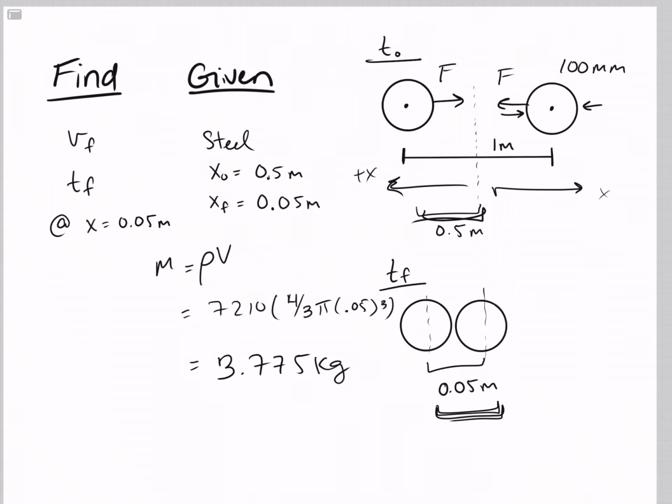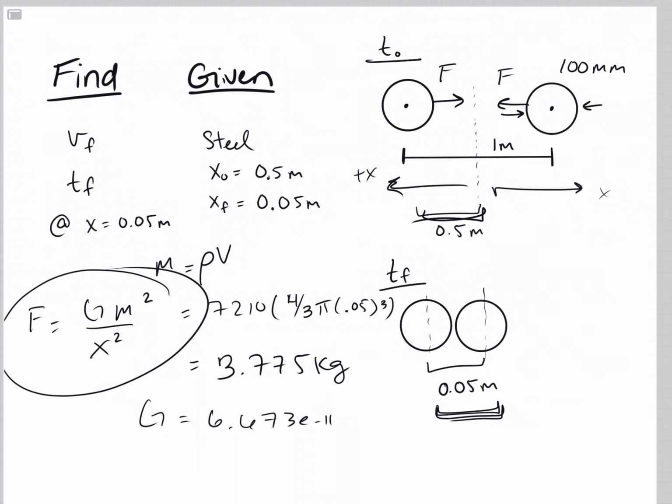And since we're dealing with gravity, and it's not just the gravity of Earth, we'll use the gravitational constant, which is 6.673 e to the negative 11. And the equation for gravity is that gravitational constant times mass squared over the distance squared. And this is the equation that we'll use to calculate